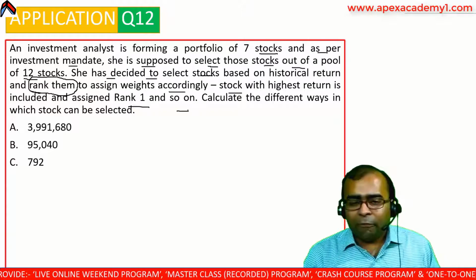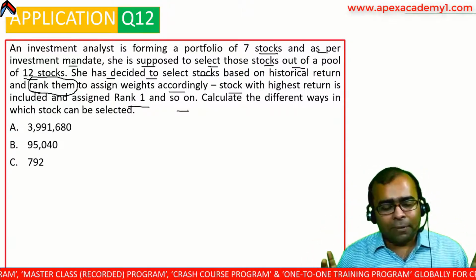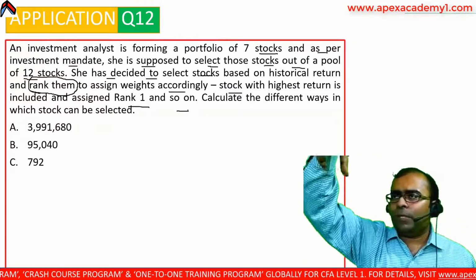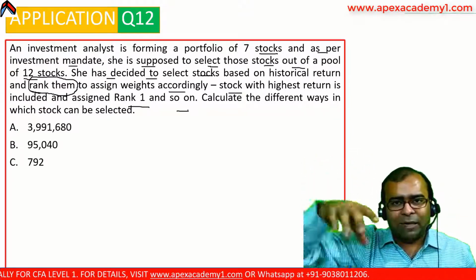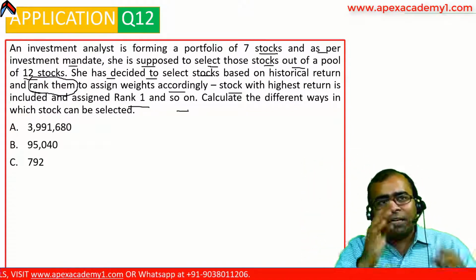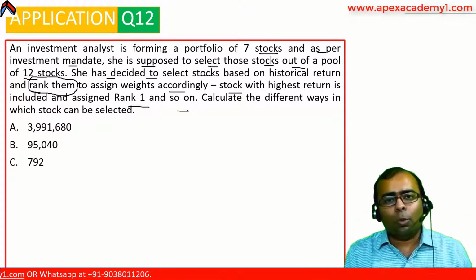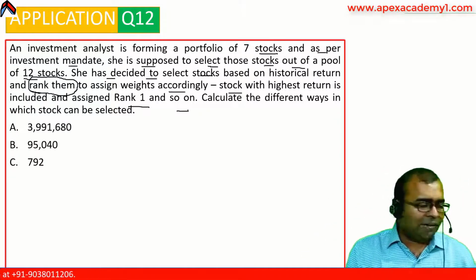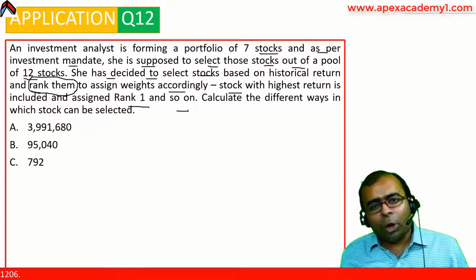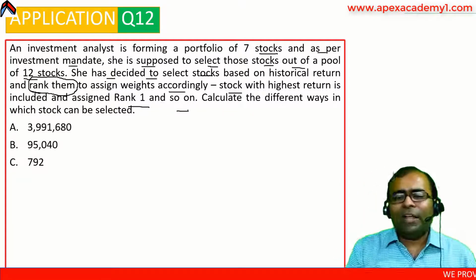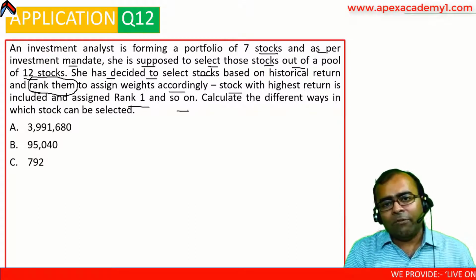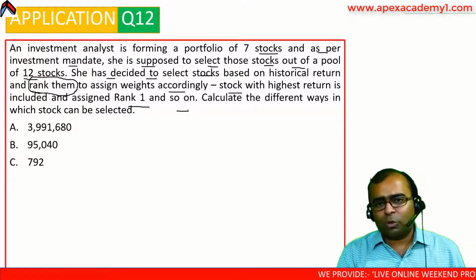First question is how many groups are there. The main important group is 12, out of which we carve out only one group, that is 7. So automatically the division is into 2. That is, one is 7 that will be selected, and the other automatically is the balance 5 that will not be selected. So when there is formation of 2 groups, either we can use permutation or we can use combination.